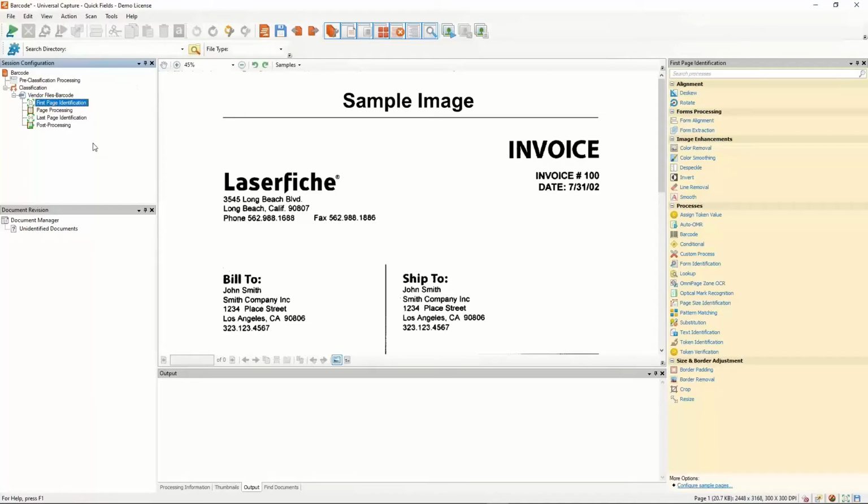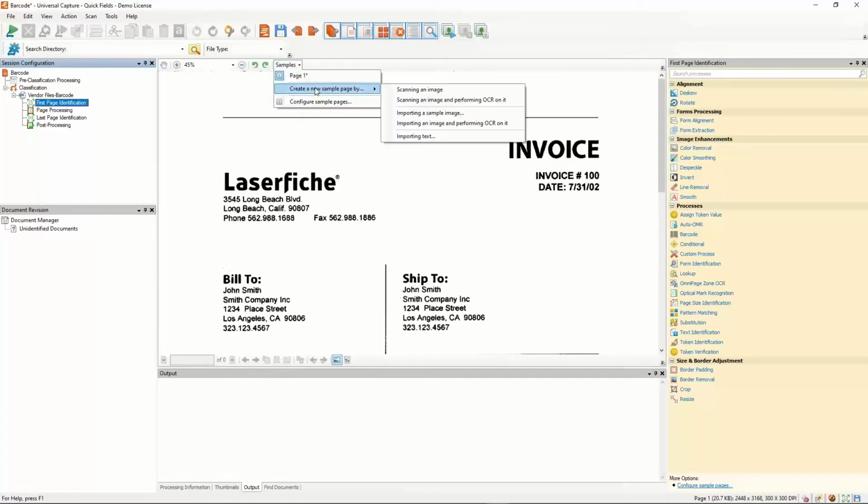Now, in our case, we want to use a barcode to determine if it is the next document. And the way we do that is we will, one, make sure that we have a sample image from the page that looks like it has the barcode, which you saw previously. Out of the box, Laserfiche has one sample image. We do need to make sure that we can add additional sample images, so you can create a new image by either scanning that image through your scanner. So you take that one cover sheet and throw it in the scanner and scan that image. You can also import a sample image,